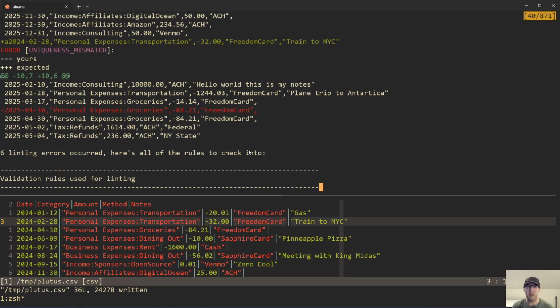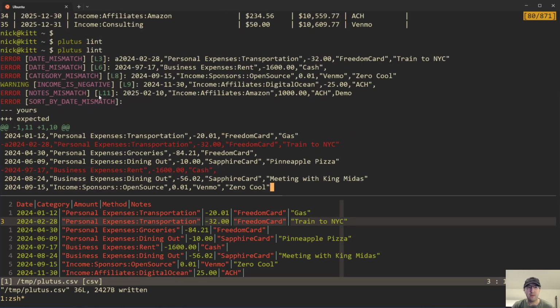For example, going back up to this warning here, we have income is negative. So in this case, it's not any crazy AI tool. It's literally an if condition. It's going to go back to that config item that we saw here. If you actually have a category that has the word income in it, it's case insensitive and does a partial match, by the way. So lowercase income will work, or if you had a category incomes or whatever, that will also match as well. But yeah, it's basically looking for negative income, and that probably in most cases might mean that it was input incorrectly,